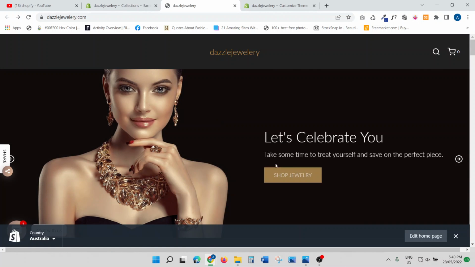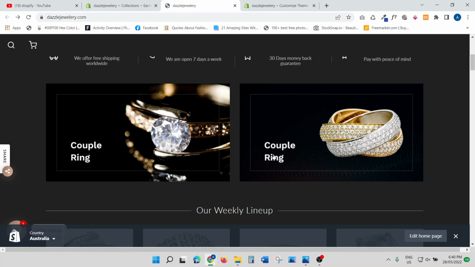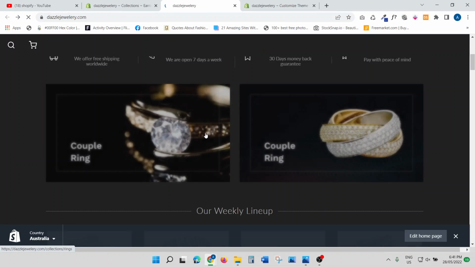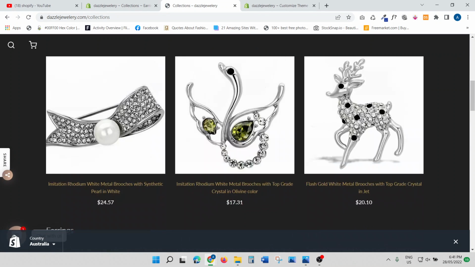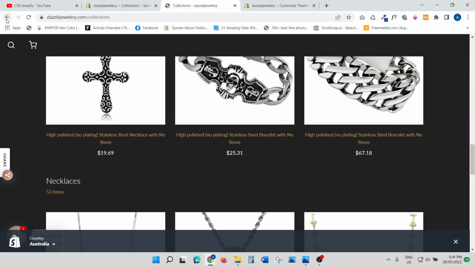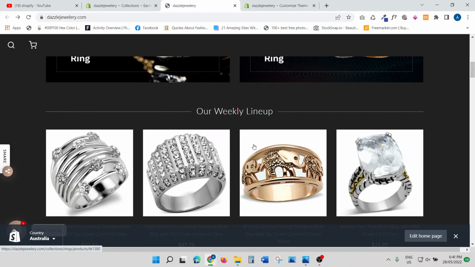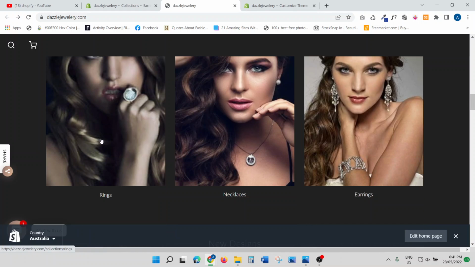So we have gone through our slider. That was the first thing that we did. Then we put our little adverts over here. Then we put two images in the gallery. If you click the images, it should go to where you want it to go. If you click on shop jewelry, it should take us over here to bracelets, to all our collections that we have. So it's kind of coming in together, which is great. Okay, then we've got our featured collection. So we've got this, we've got the rings over here. And now we put our collection. So rings, necklaces, earrings. So if I click on earrings,